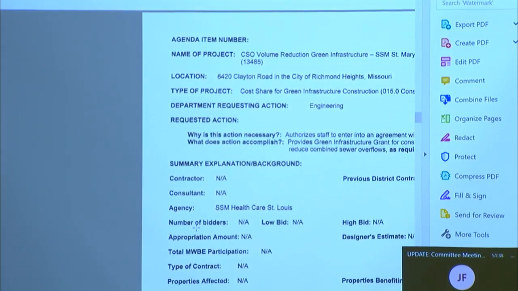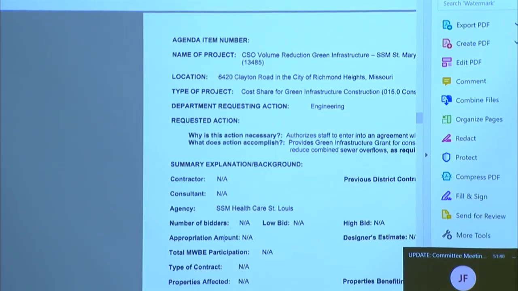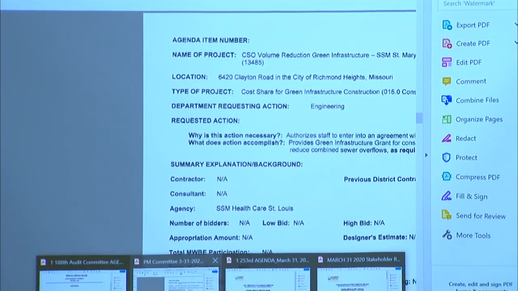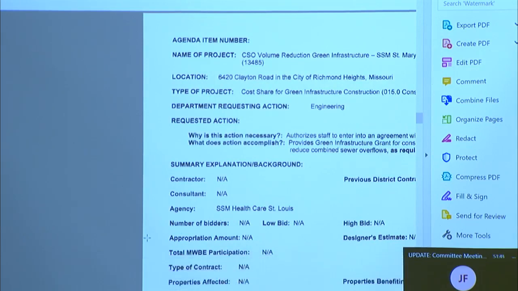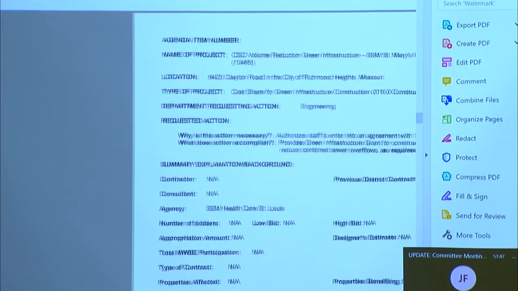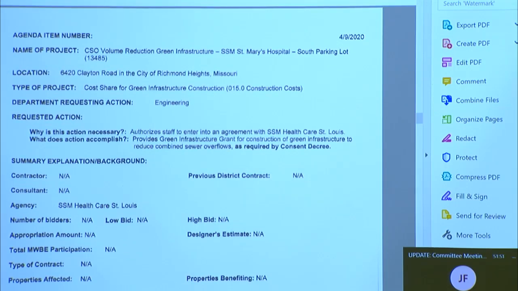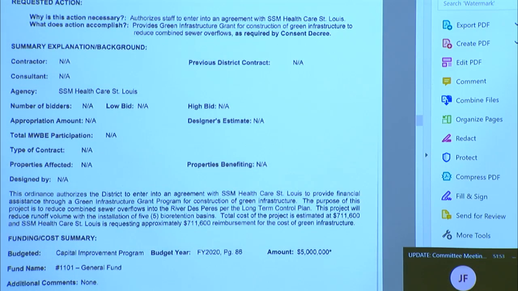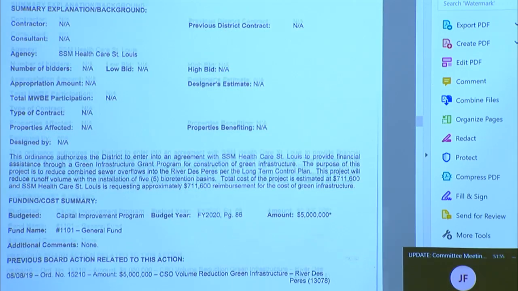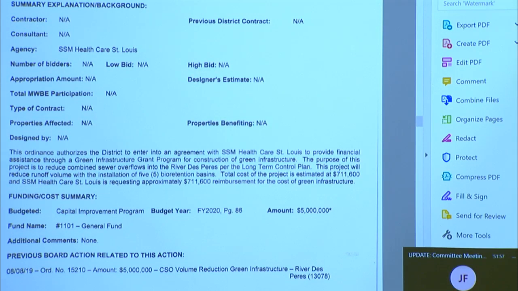This project will reduce runoff with the installation of 5 bioretention basins. The total cost of the project is $711,600, and SSM is requesting the full amount of $711,600 reimbursement for the cost of this green infrastructure.